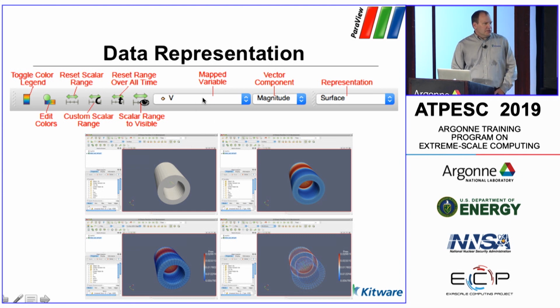You can choose the variable that you want to color by, which is what I was doing. And if the variable happens to be non-scalar, you can pick a particular component to color or use the vector magnitude to map through the lookup table. And to the left, you can do tricks with the color map. You can turn on and off the color legend. You can edit the colors or load different color lookup tables. You can go back to a rainbow color map, but I highly recommend against doing that because